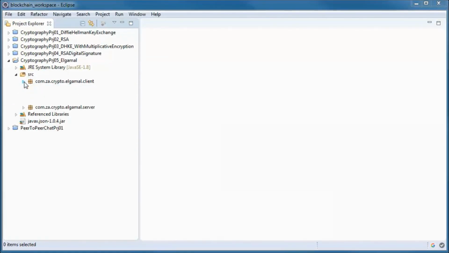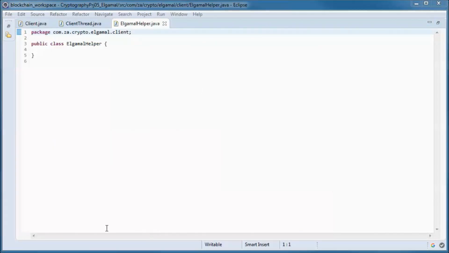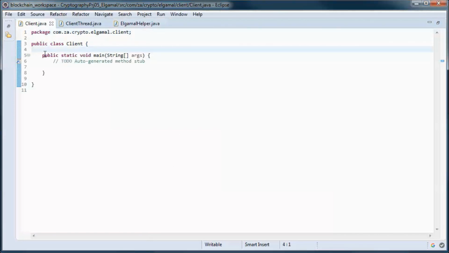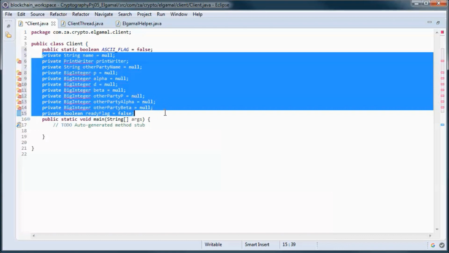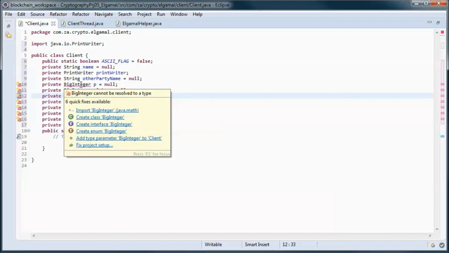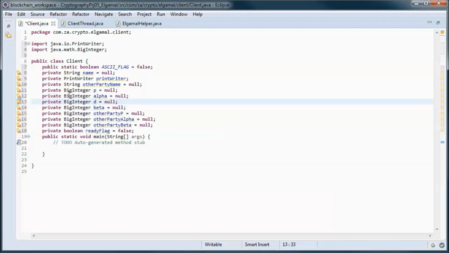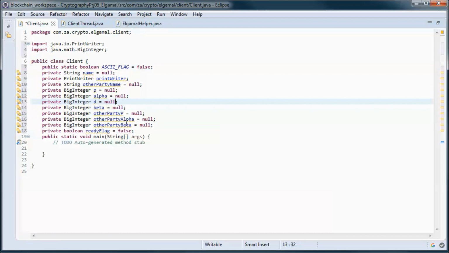And on the client side, this class will have those instance variables, so it will keep track of its name and the other party name, and P and alpha and D and beta for this client, and P and alpha and beta for the other client.